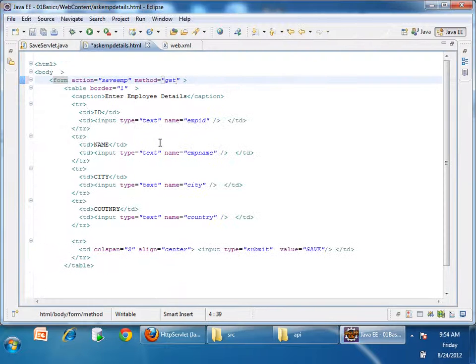Yesterday we created an employee details.html. This is our first file. Once we submit, it is going to save emp, and the method is get or post. Once I submit it, the request parameters will go. Employee ID is equal to whatever I type. Request parameters will go to